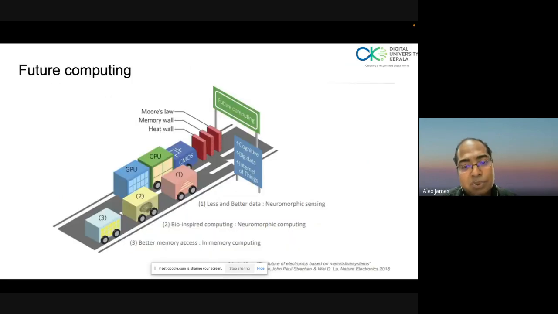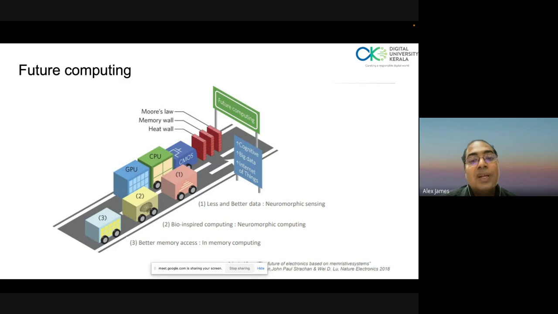Now, when it comes to computing, with the traditional GPU and CPU computation, there are a few major bottlenecks. One is Moore's law itself being a challenge. The more you put energy and effort in terms of matching it with Moore's law, you're looking at a large cost of production. So a 1 centimeter square chip with 180 nanometer versus 7 nanometer or 5 nanometer, or now we are talking about 3 and 2 nanometer, the costing is quite